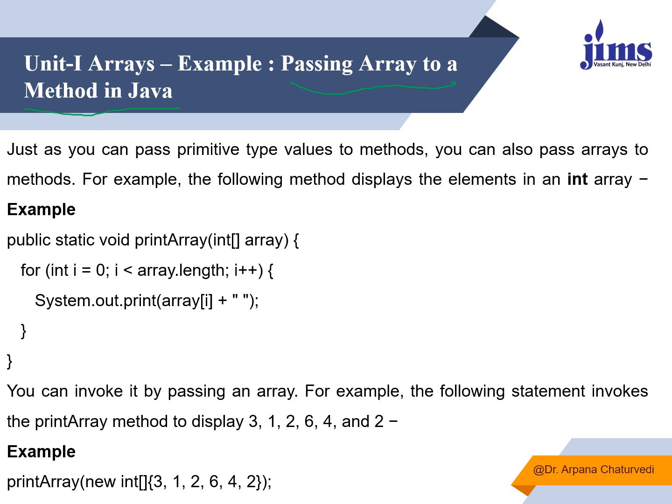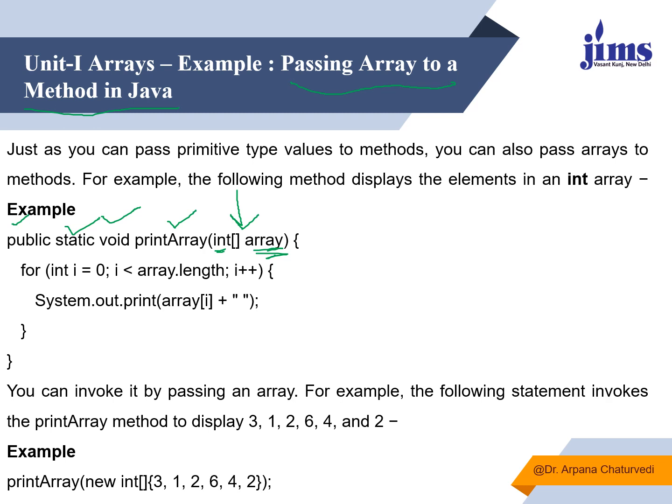So, let's say we have one method. The name of the method is printArray. It is not returning anything. As we want to declare this function at the class level, we can declare it static. As we want to access it outside, the visibility mode is public. And as we want to pass an array as an argument, we have to declare it over here, that is an integer type of array. The name of the array is array.